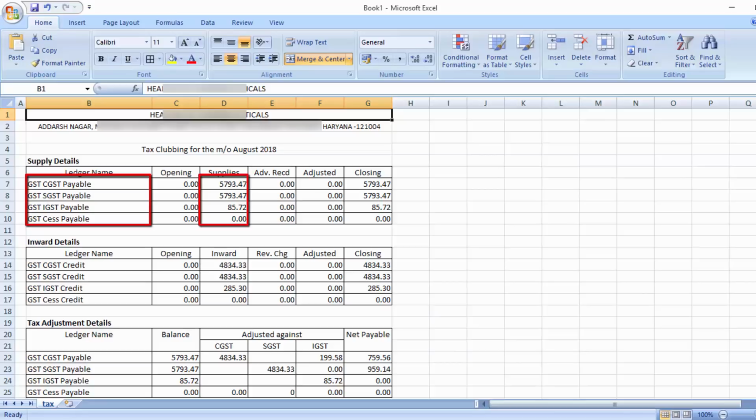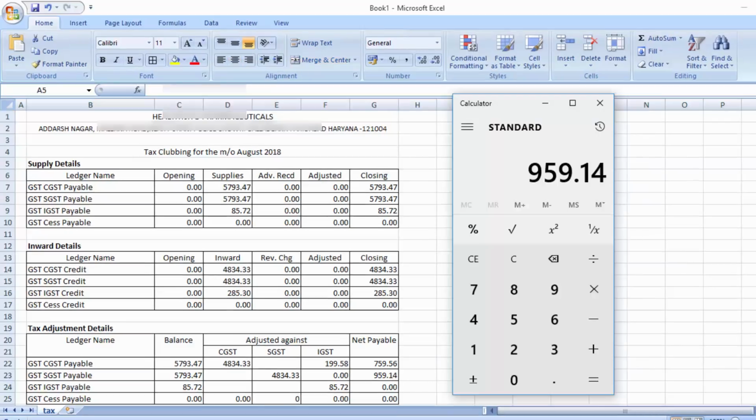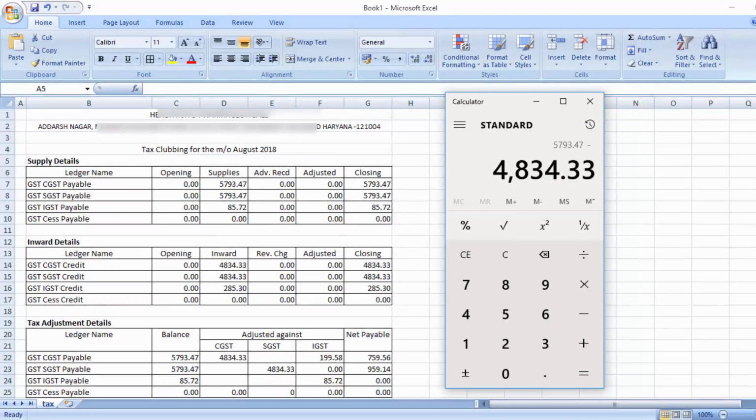The same software has done this as well. After the adjustment of IGST payable and IGST credit, the leftover input of approximately 199 rupees 58 paise was adjusted with CGST payable firstly, means the amount 959 rupees 14 paise which was left after the adjustment with CGST credit in payable.